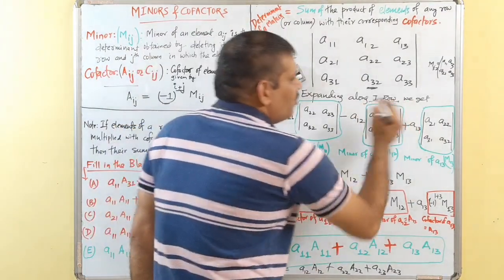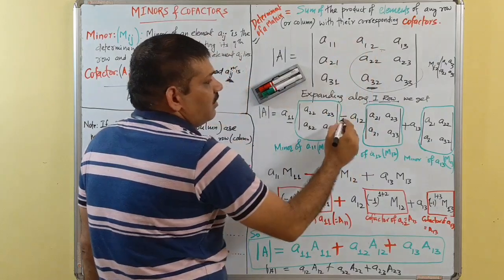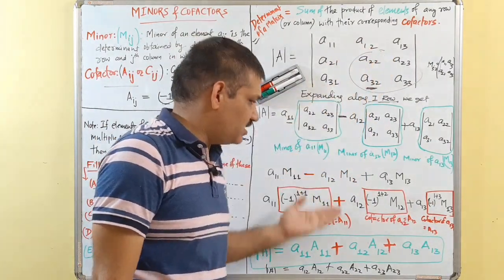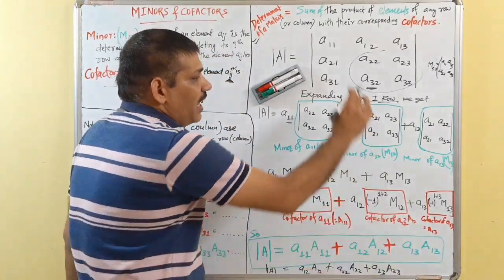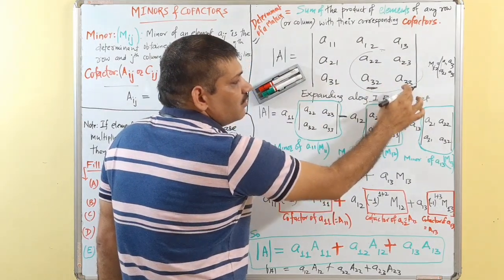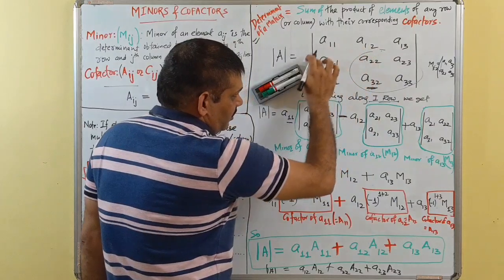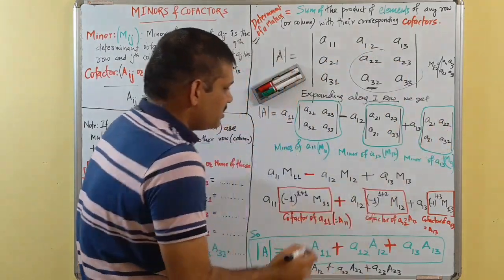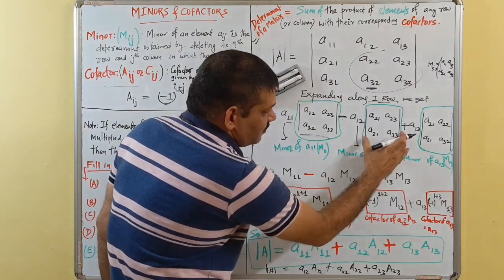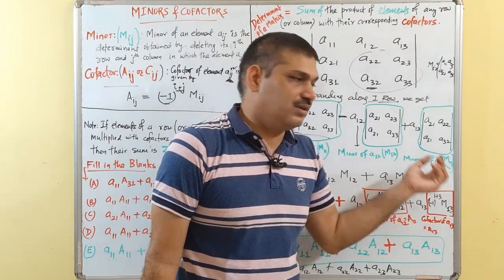So if I expand along the first row, A11 will be multiplied by this determinant. Again, minus. We usually put plus and minus, and now we'll understand why this plus minus is there. So minus A12 will be multiplied by its minor. Again, for A13 we will delete the first row and third column and multiply by this minor. So this determinant is the minor of A11, this is the minor of A12, and this is the minor of A13.